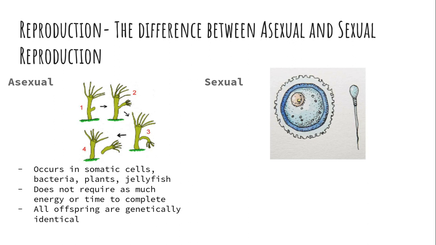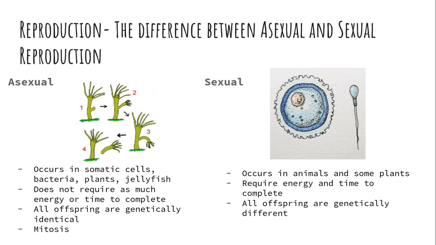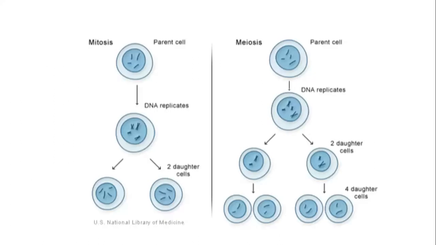the same. Sexual reproduction, though, occurs only in animals and plants, and it only happens with our sex cells. It makes everything genetically different due to the way that things assort and cross over, which is a Bio-30 concept, which we'll talk about when you come to Bio-30. But essentially, sexual reproduction is what creates genetic variation. Asexual reproduction is much like mitosis, which you may remember from grade 9 science, and sexual reproduction is meiosis because of the sex cells. So, this is the process of mitosis, and this is the process of meiosis.